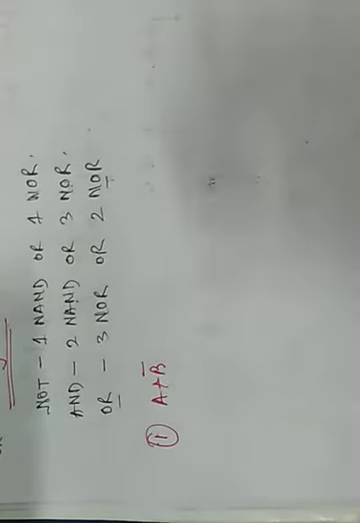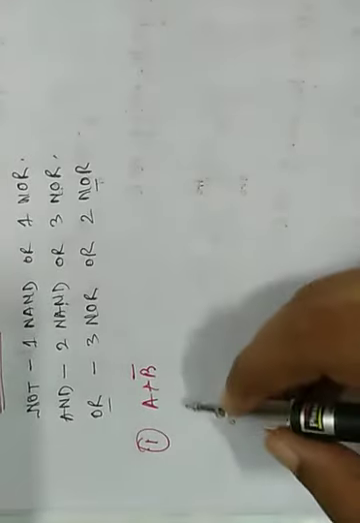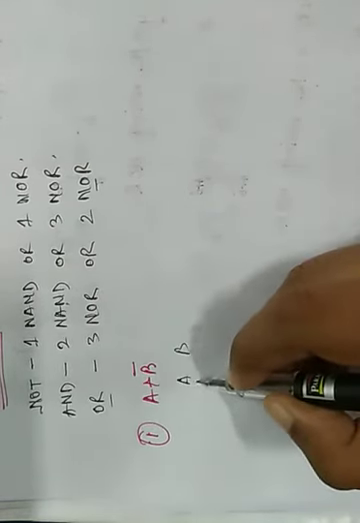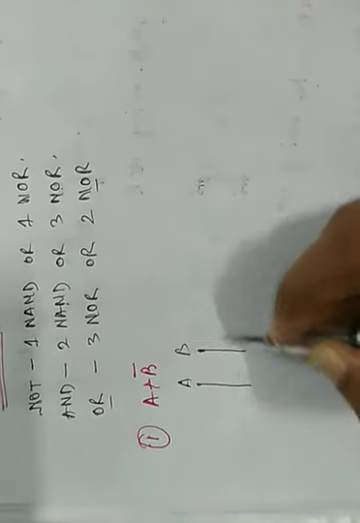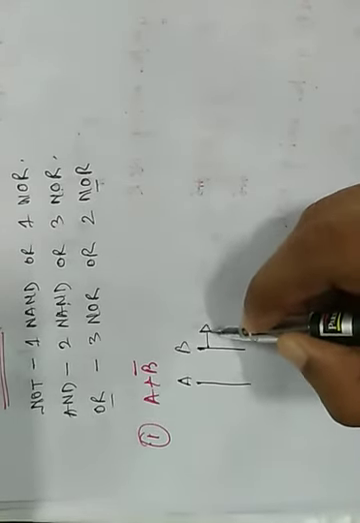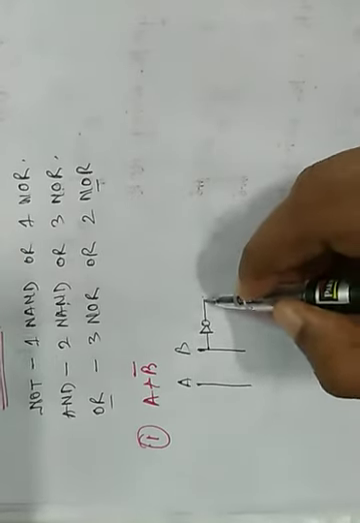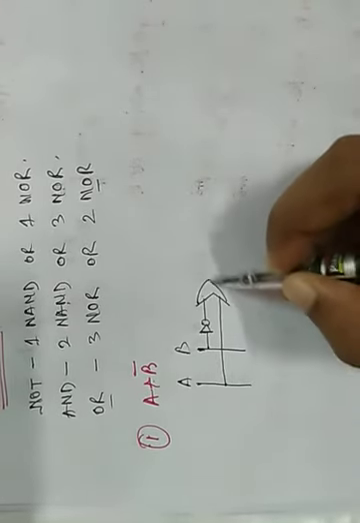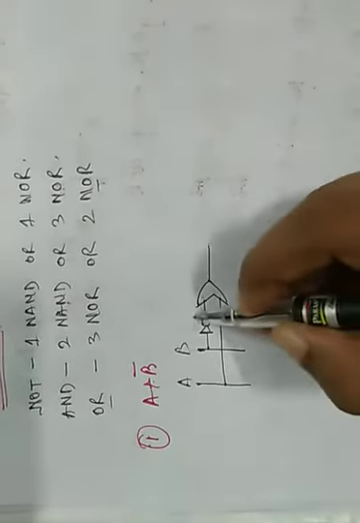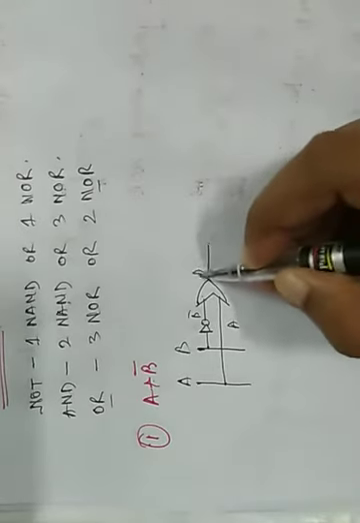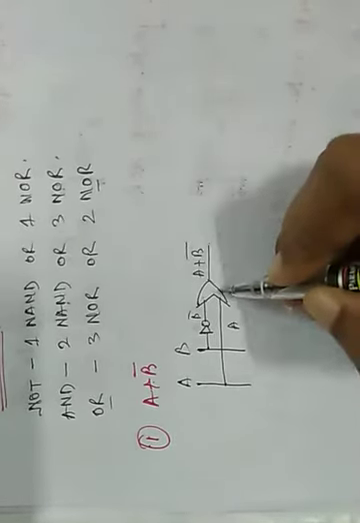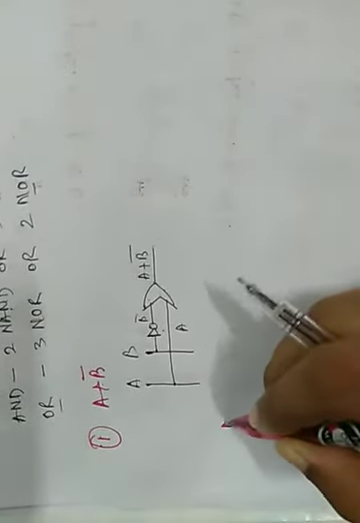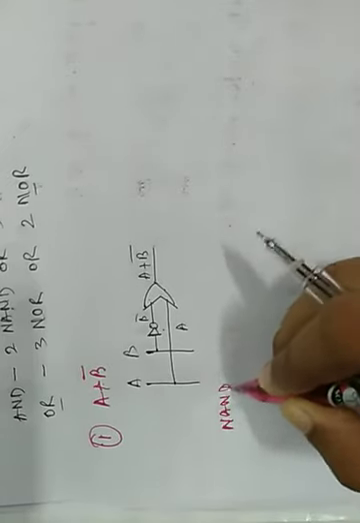Okay, at first draw the simple logic diagram, the normal diagram which you have learned so far. A and B, so B complement means one NOT operation is there and another A is there, both pass through an OR gate. It is B complement, it is A, so it is A plus B complement. So here we used an OR gate and a NOT gate. Now I am going to represent both using NAND gate and NOR gate.